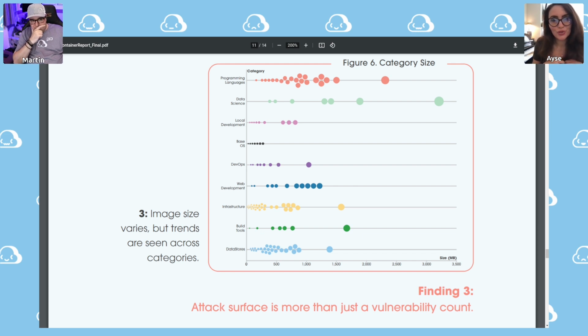But when we look into the actual contents of these things and the vulnerabilities and the severity of those vulnerabilities, and if there's a fix for those vulnerabilities, all those different insights, it's not necessarily the data science containers that are the most vulnerable, always, because there is potentially a community who are very intentional about looking into these things. But we will talk about it. I wanted to make the point that yes, we are seeing the scan time and size correlation, but we are looking into a bigger picture here to understand the complexity.